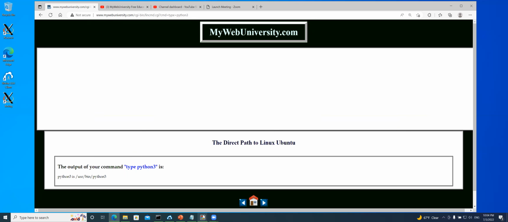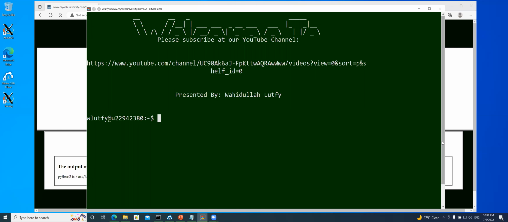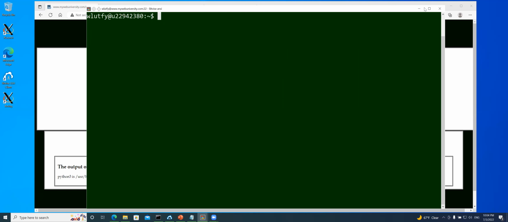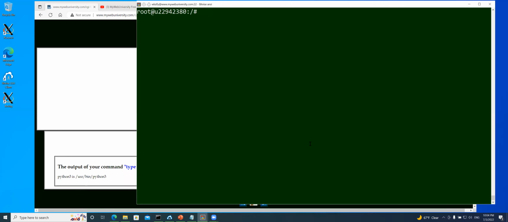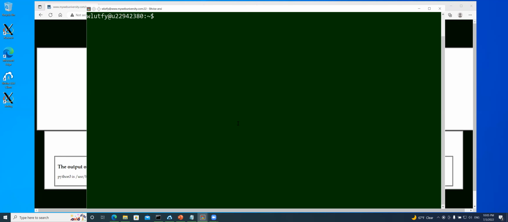So let's just go to this interface. We already showed you the welcome page, and then I'm going to clear this screen and then minimize this window. I'm going to come back here and then do this one with the ID of root. Actually, for some of the commands, I don't need to be root. So let's just leave this window on the side and use the first window, which I'm logged on as wlutfi,